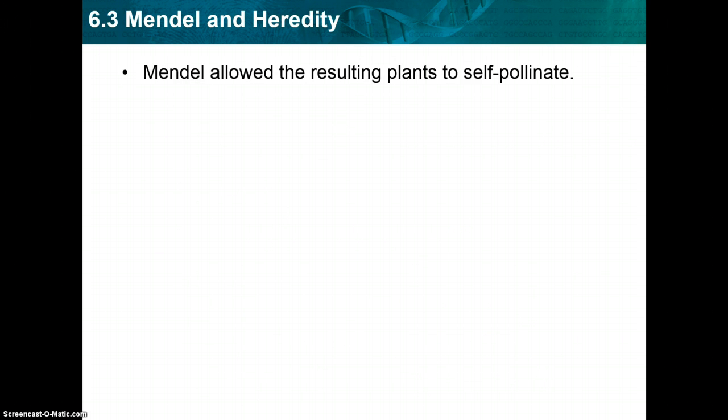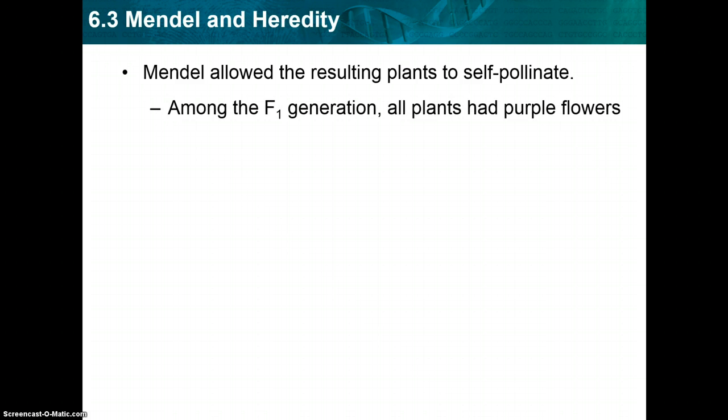Okay, so Mendel allowed the resulting plants then to self-pollinate. So he didn't spend all that time going in and brushing the pollen, or the boy parts of the flower, onto the girl parts of the flower. But that was the F1. He allowed the resulting plants, so the offspring... Okay, so he went in with the parent generation and he cut off the parts and did the fertilization for the plants. That way he could control it. Like in vitro fertilization. And then their baby flowers, he allowed them to self-pollinate, or to do it themselves.